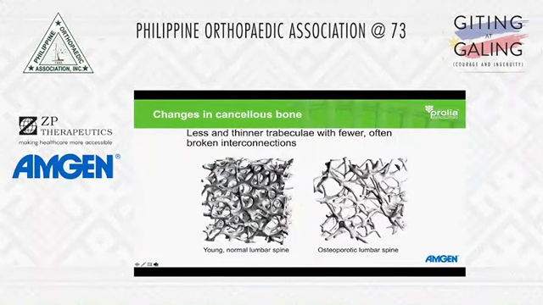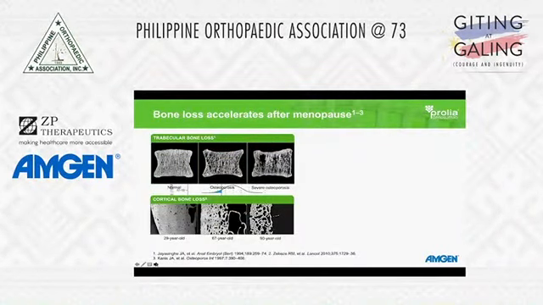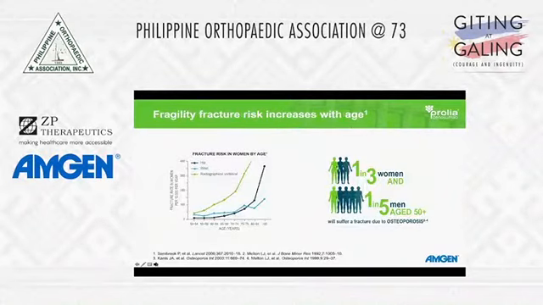In cancellous bone, there are fewer and thinner trabeculae with fewer and often broken interconnections. This can be seen in the picture in a young normal lumbar spine on the left-hand side compared to that of an osteoporotic lumbar spine on the right. This bone loss accelerates after menopause in both cortical and cancellous bones, leading to the changes that you see in osteoporosis. And these changes lead to an increase in the risk of fragility fractures as one increases with age,